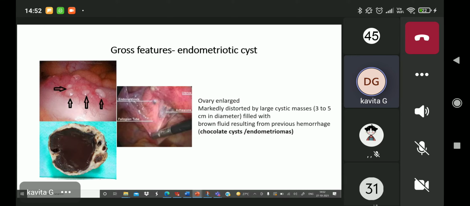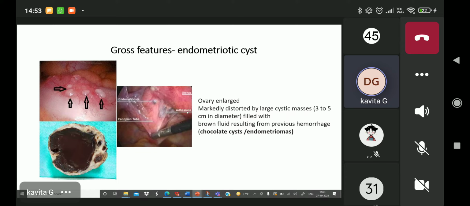Now, what are the gross features? As I mentioned on these two features here, lap. So lap, this is like a bowel. This is a bowel with the adherent. In fact, this is rectum with adherent fat, mesorectum. Now you have certain nodules which are white in color. Here is another lap. So here you have cystic lesions which are bluish in color. So these are the variations which you can see on lap.